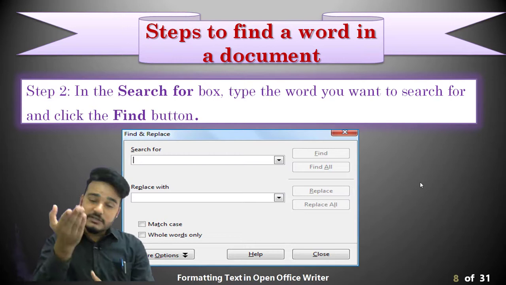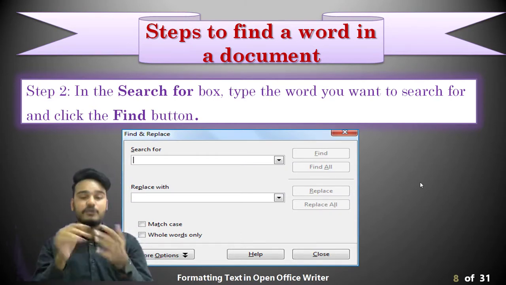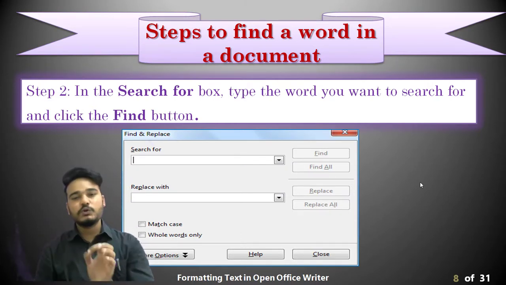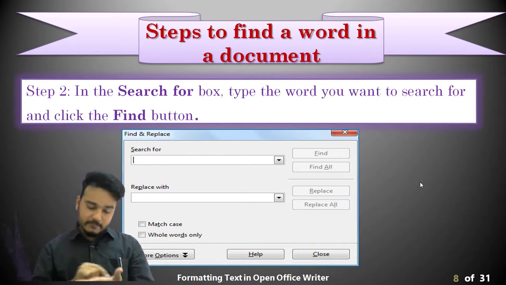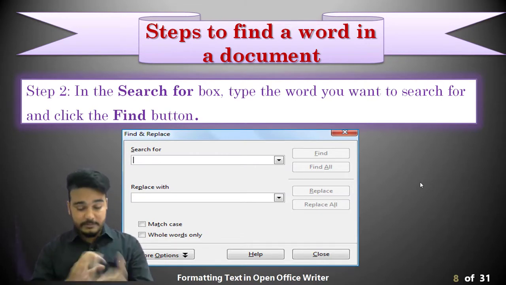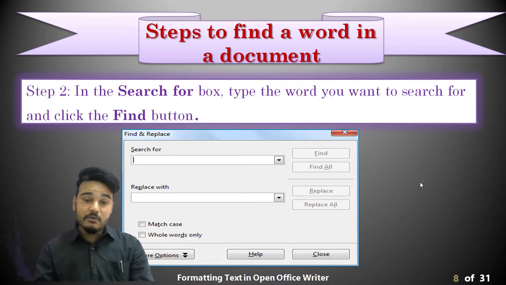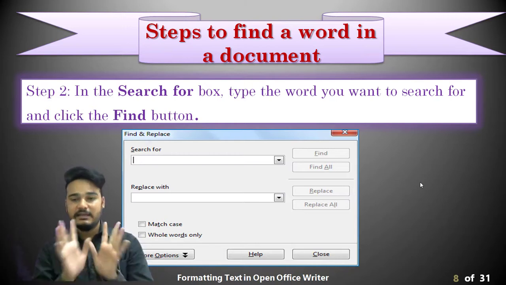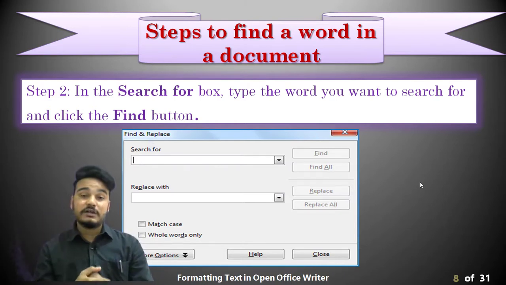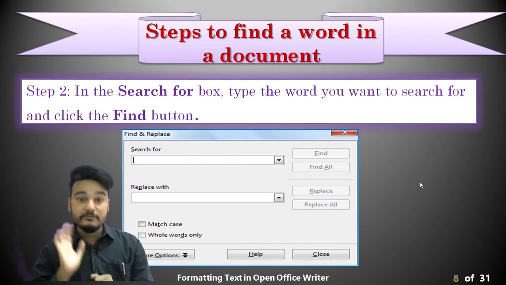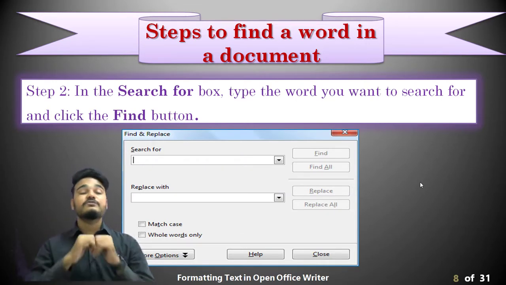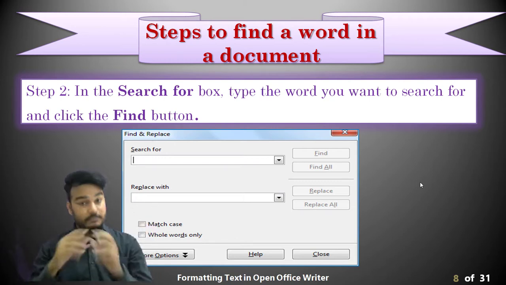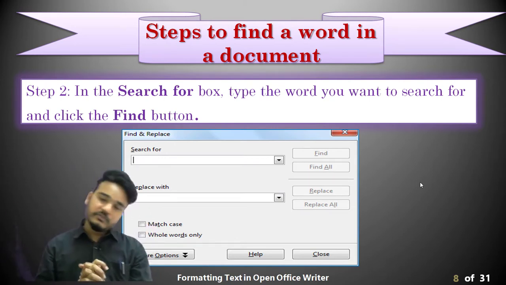In the first text box you have to write which word you want to find. So the word we want to find, we type there. And in the second box, Replace with, we will type that another word that you want to replace it with. And here also options are there. Replace means it will replace only one word, and replace all means it will replace all the words which are present in that document. Understood?